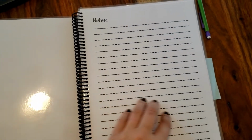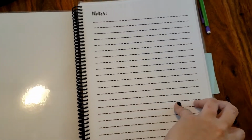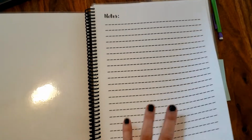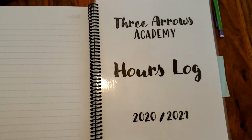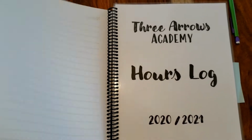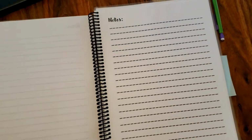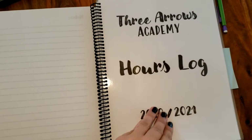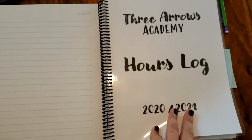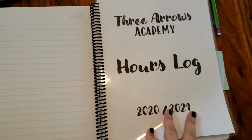So I made a little notes page. If there's ideas, things that I want to jot down, then I can keep them right here. I've been using this planner for about 3 weeks. Apparently I haven't had any grand ideas that I've wanted to write down, but it's there for me, right? So then I just did another laminated page to section it off, and this is where I am tracking our